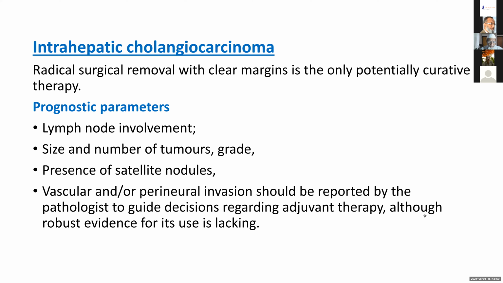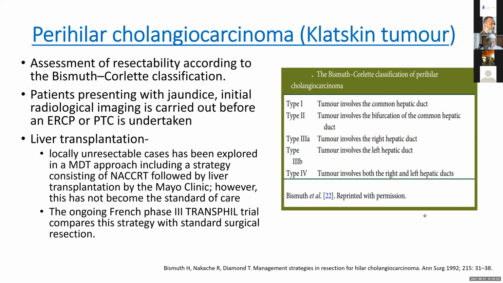And if we go for the perihilar cholangiocarcinoma, another name is Klatskin tumor. Assessment of resectability should be done according to the Bismuth-Corlette classification, which can be seen on the right side of the slide. It goes from type 1 to type 4, and depending upon the tumor location in the common bile duct and hepatic bile duct, it is classified, and it guides us on whether we can go for a curative